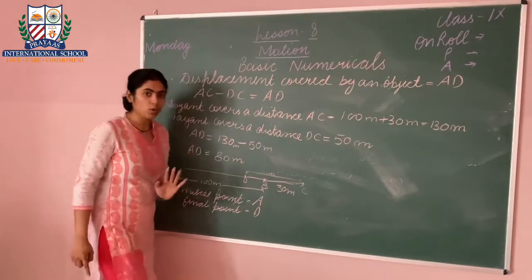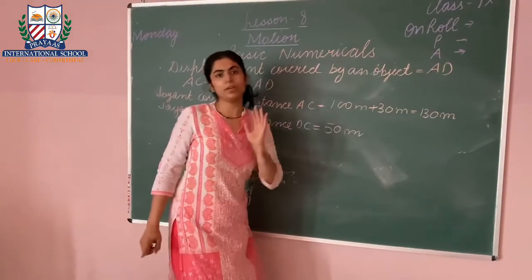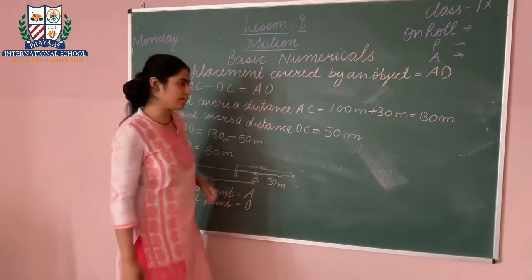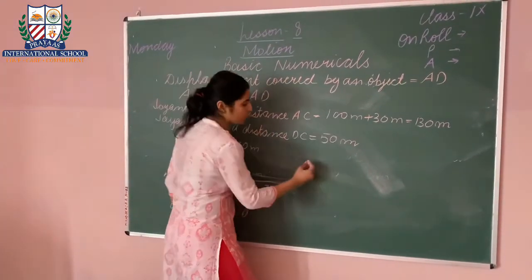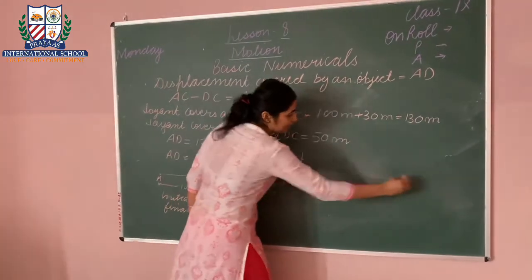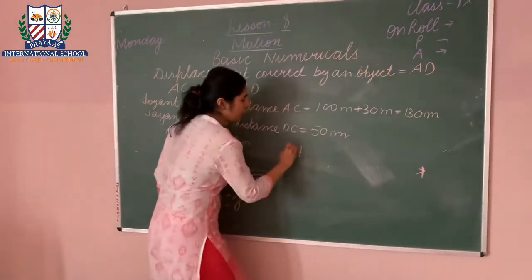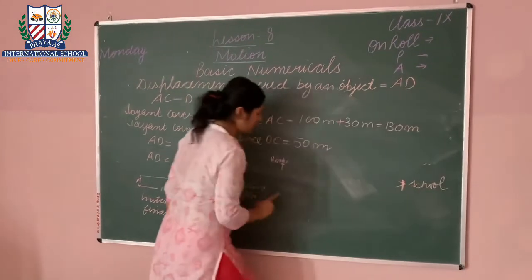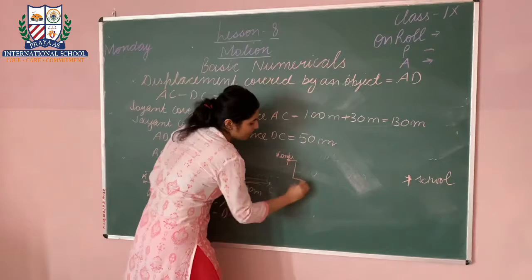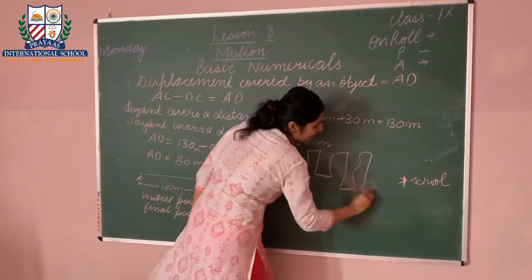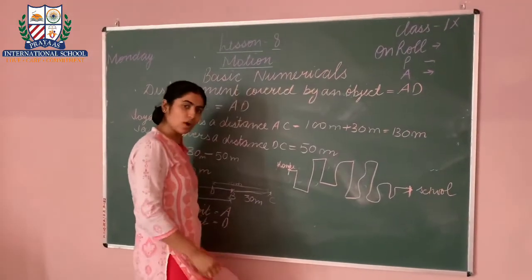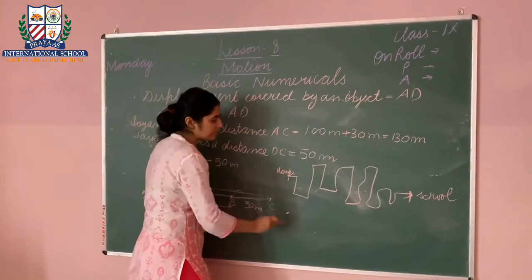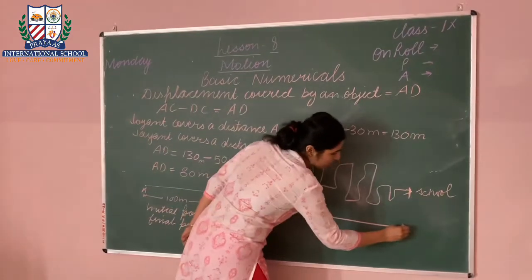So now I hope the distance and displacement topic is clear to you. If we want to understand even better, let's understand from the basic point what distance is. Suppose this is your home and that is your school. To reach from home to school, you can take a path like this, any path you can take. But that is called the distance. And when you cover the shortest distance from home to school, a straight line, that is